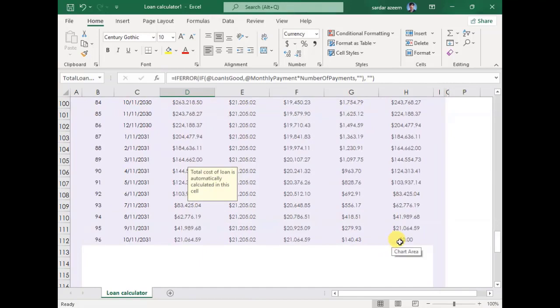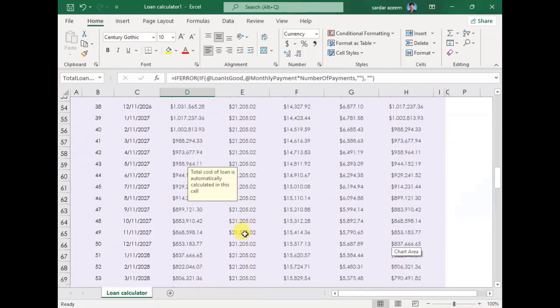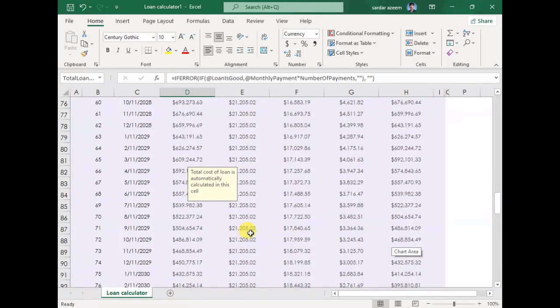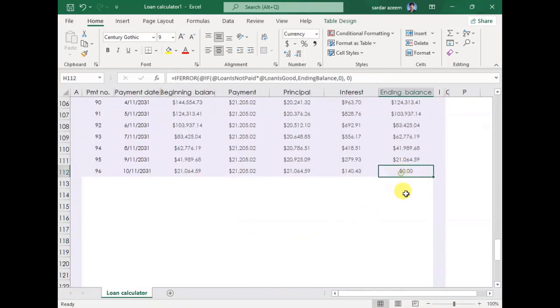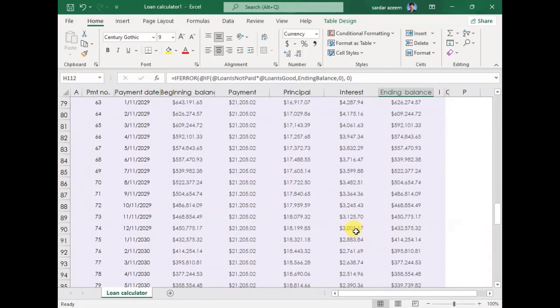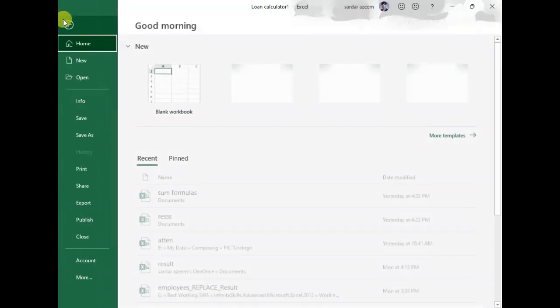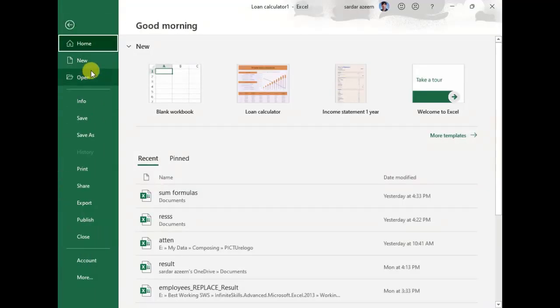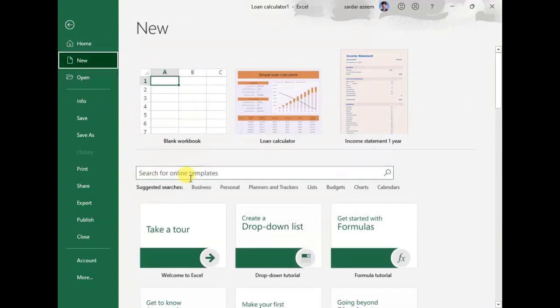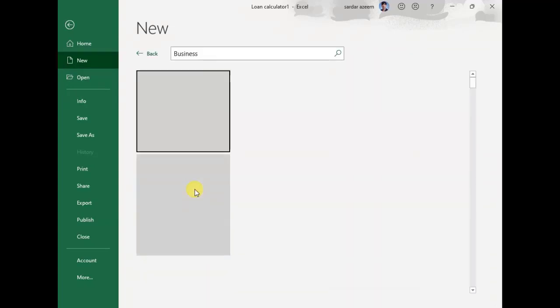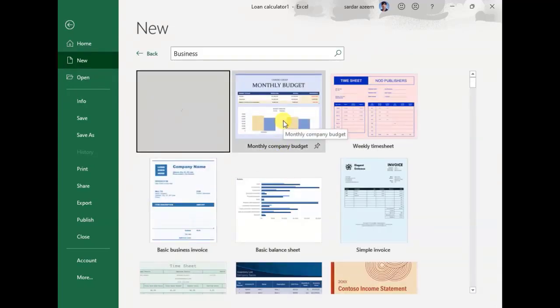This is an 8-year plan. My loan starts from 15 lakh rupees and ends at 0. Okay, so Excel has calculated a complete loan plan for me in this sheet. Got it? In the similar way, we have multiple templates over here. We can use any of them. We'll just go here. For example, this is relevant to business. Monthly budget,